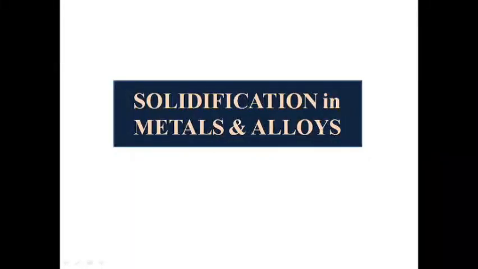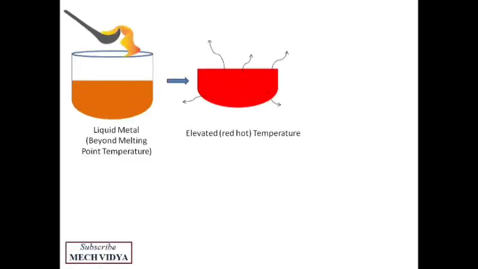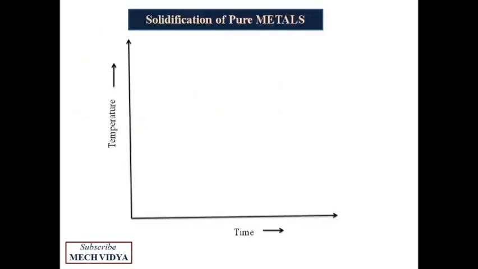Metal casting is all about dealing with molten metal. Here we pour molten metal in a mold cavity and wait for the metal to solidify in order to get the final casting. So we should have a very fair understanding of the physics behind the solidification of metals and alloys. So if we analyze in a temperature versus time plot, we will see that when we pour the molten